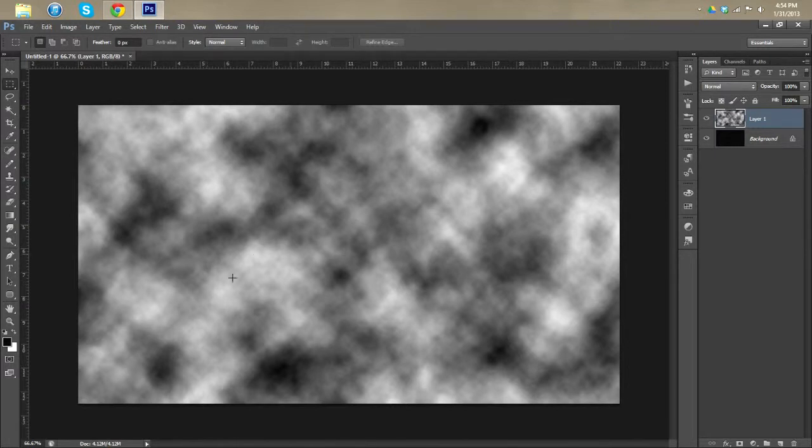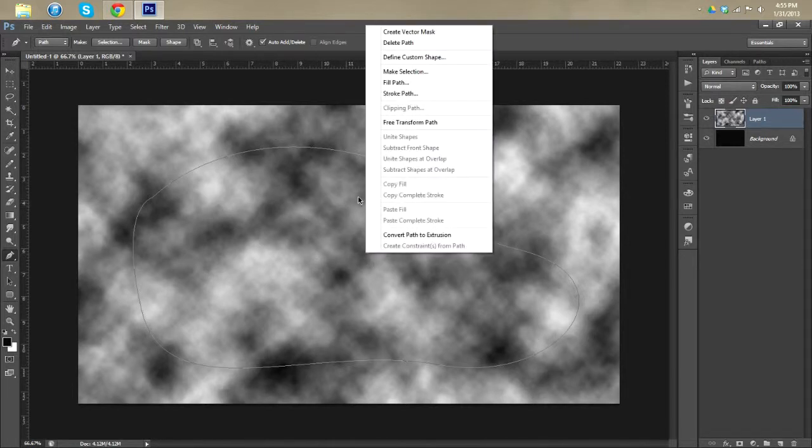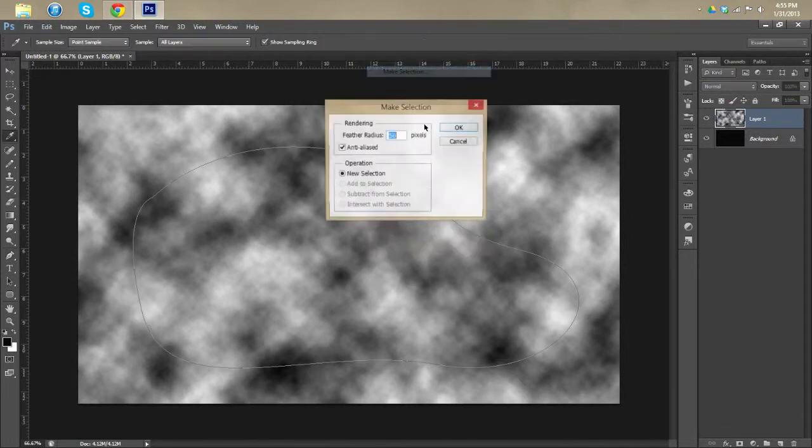Alright, so you should have this. Then just take the pen tool and click somewhere and then click somewhere else, and then make sure to hold down the mouse button and just drag it to create a nice curve, because you want to get a kind of curvy cloud thing like that. Alright, so once you have your curved selection here, you want to right click and say make selection,